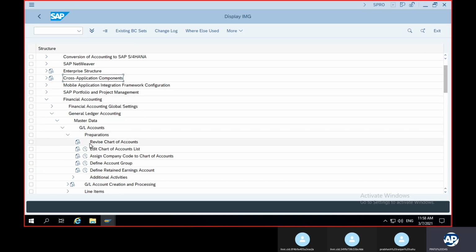So this is the long step: from financial accounting to general ledger accounting, master data, GL accounts, preparations, and here is the option where you'll be doing this. We will not be doing the revised chart of accounts. We'll be editing the chart of account list.